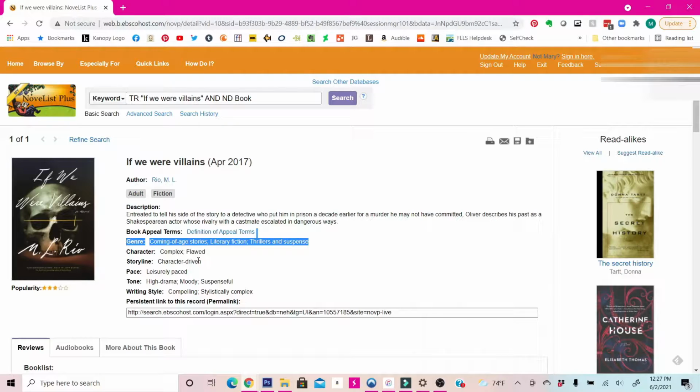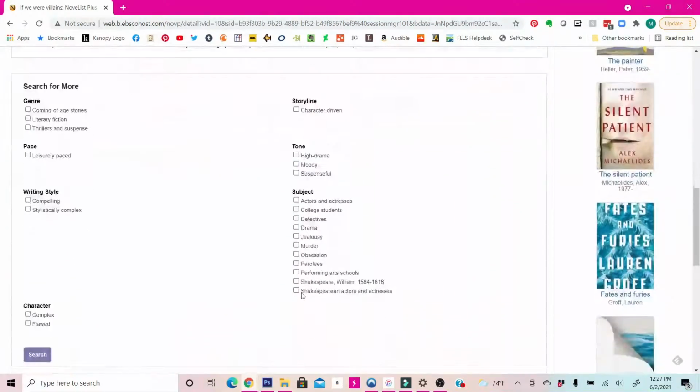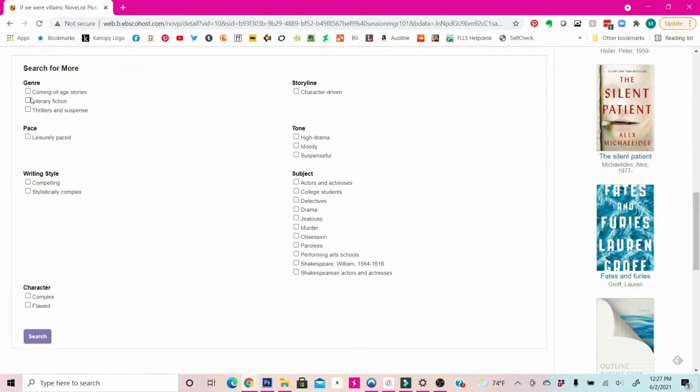And that's actually what I really like about Novelist, is you can see here the terms that are used. So you can check out the genre, the character, the storyline, the pace, the tone, the writing style. And then what this does is it actually helps you down here to search for more. So you can go ahead and look up ones that you like. So if I really like character-driven books, I can choose character-driven and then do another search. But beyond that,